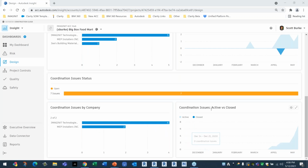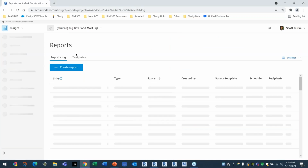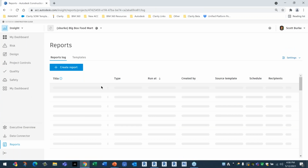Coordination issues by company, coordination issues active versus closed. So I haven't closed any yet, but I've just opened a few of them. So this is just that master dashboard for your project. I can, of course, come in here and then create reports, and I could have a scheduled issue report that's